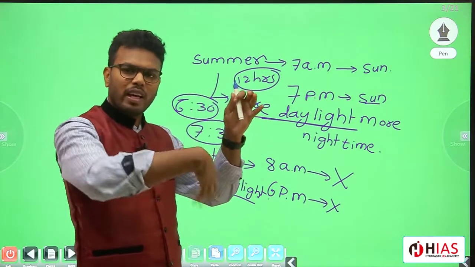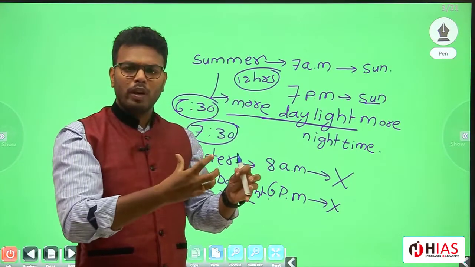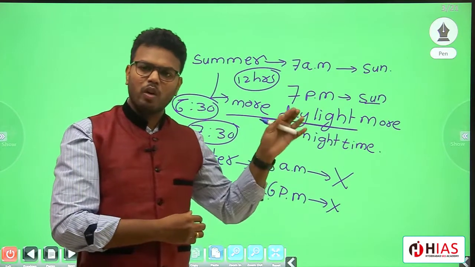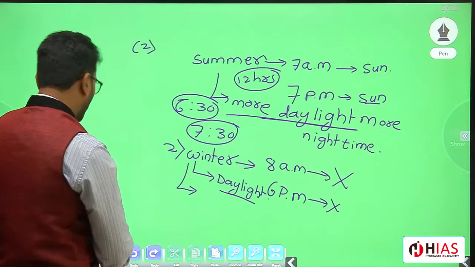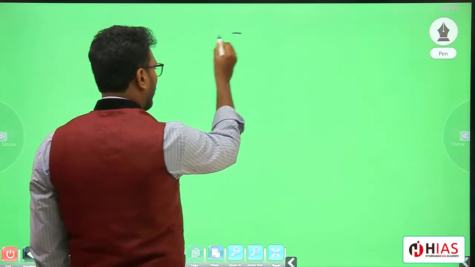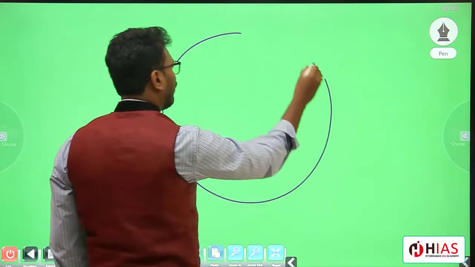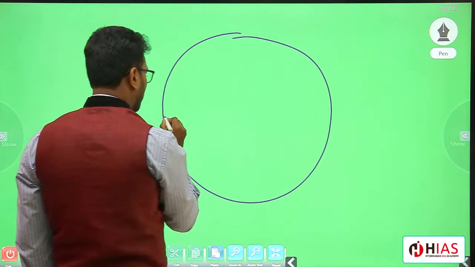When the earth is moving here and there, depending on that movement only, the amount of sunlight that is falling on a particular place will also vary. So I'll just tell you one more example. If you understand this one, now if I draw this one, earth surface, just imagine